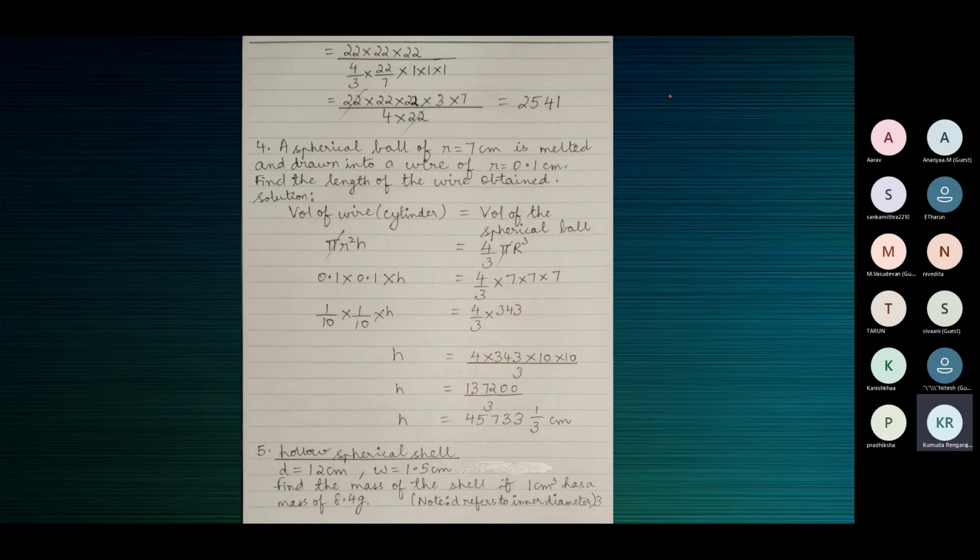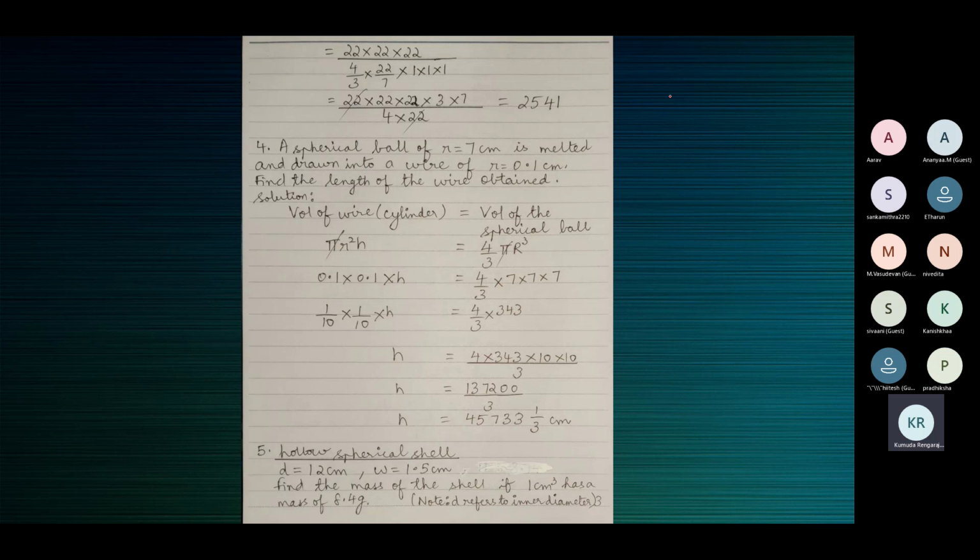The two solids are sphere and cylinder. For the sphere, you need the radius and we have it. For the cylinder, we need radius and height. We have the radius. We don't have the height. So the question is to find the height of the cylindrical wire. And what is the rule? Since one solid takes another form, their volumes will be the same. Volume of the wire is equal to the volume of the spherical ball. If you write that equation, you will get the correct answer.